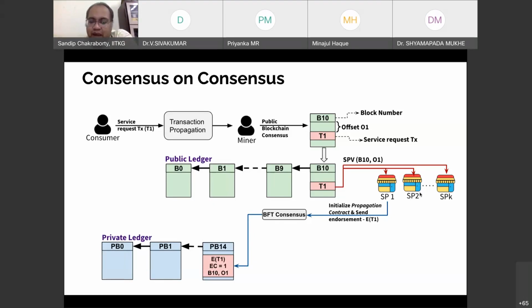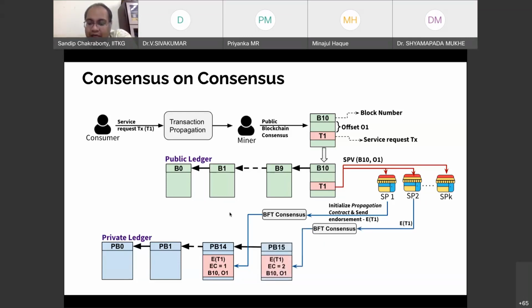Now remember that this private blockchain is maintained by the service providers, and it doesn't have any access towards the consumer. So the consumer cannot access, or know, what is going on in that private ledger. It is just for collaboration between all these service providers. The consumer only sees the information available in the public blockchain. So the service providers pick up the transaction request from the public blockchain, then it goes to consensus, and the information is put on the private ledger.